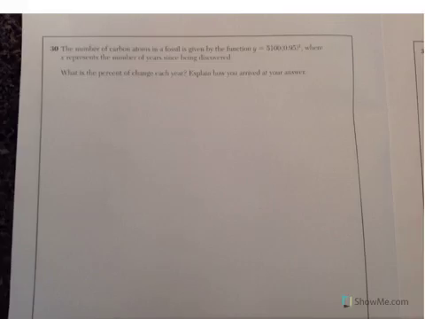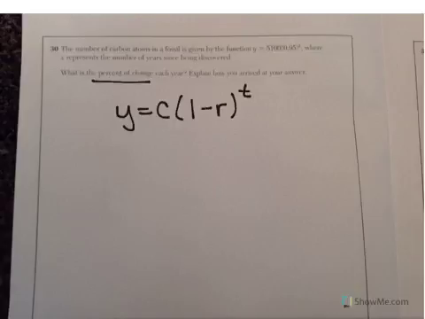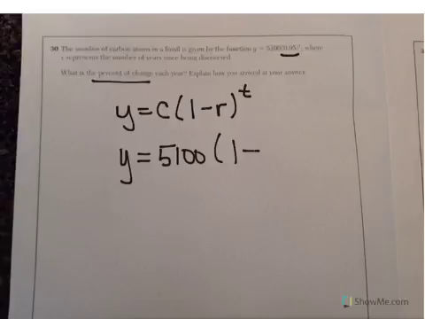Number 30: The number of carbon atoms in a fossil is given by the function y equals 5,100 times 0.95 to the x, where x represents the number of years since being discovered. What is the percent change each year? Explain how you arrived at your answer. Well, this formula comes from the formula y equals c times 1 minus r to the power of t. The reason I know it's 1 minus r is because it's 0.95 and it's less than 1. So my y equals, it's really 5,100 times 1 minus some r value to the power of t,